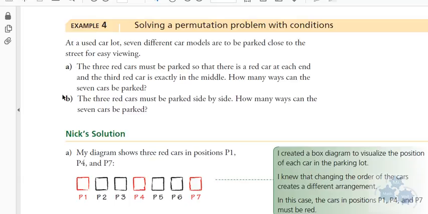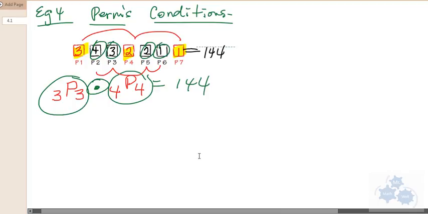All right, let's take a look at B then. B says the 3 red cars must be parked side by side. How many ways can these 7 cars be parked? Okay, so the 3 cars, they have to be side by side. They want them in a group. So if we think about that,